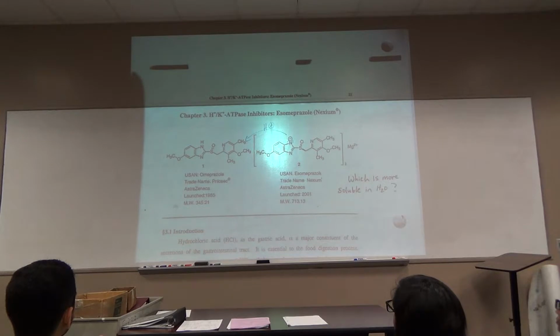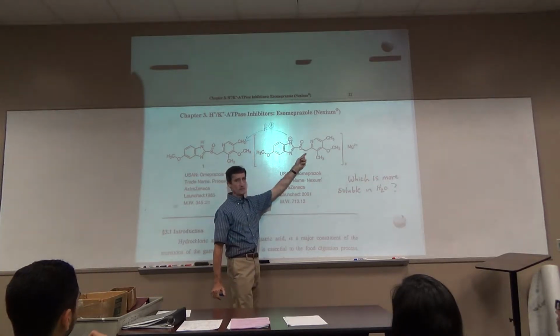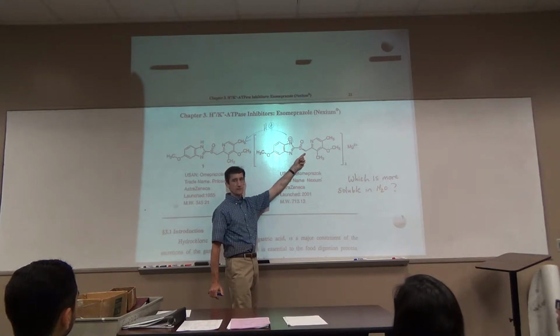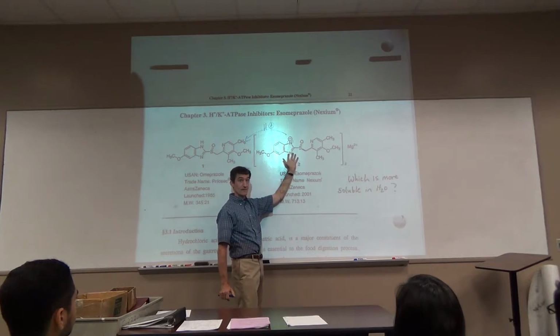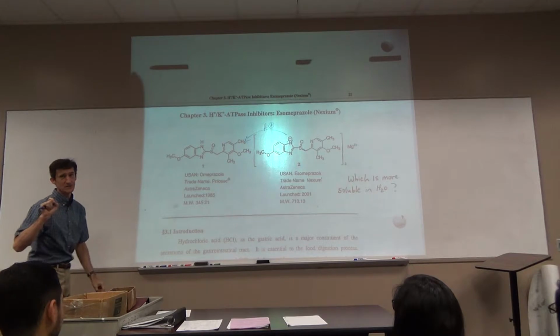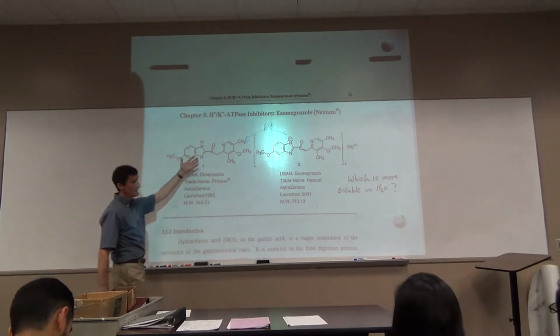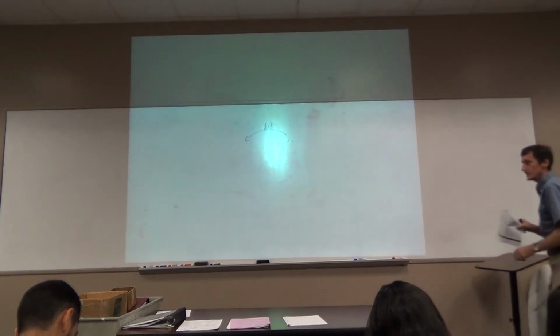Okay? Now, they probably got a new patent because they said this probably dissolves faster in the stomach. Why would it dissolve faster in the stomach? Because the stomach is water, not acetone. And this is more soluble in water? What? Polar. What? Because it's ionic. So it may dissolve faster, but as soon as it dissolves, guess what? It's this. Y'all think about it.